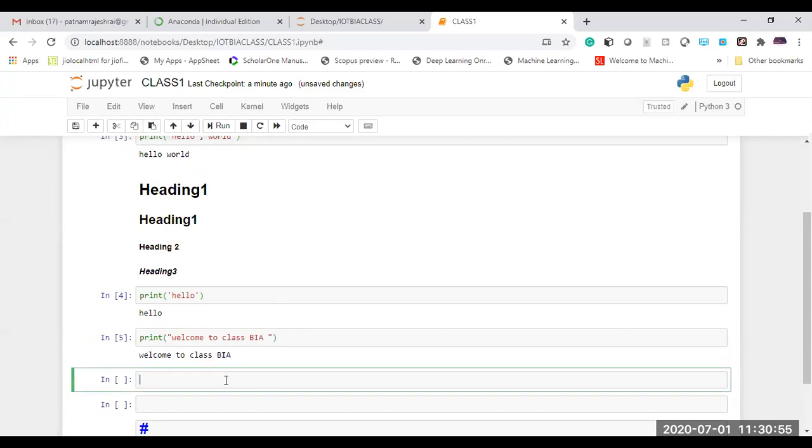Or if you want to write the same content in a different way, print with a single quotation of welcome, and close the quotation, and I'll take one comma with some other name. Welcome, myself Rajesh. When you write some name, it should again be within quotations, and then quotations to class.